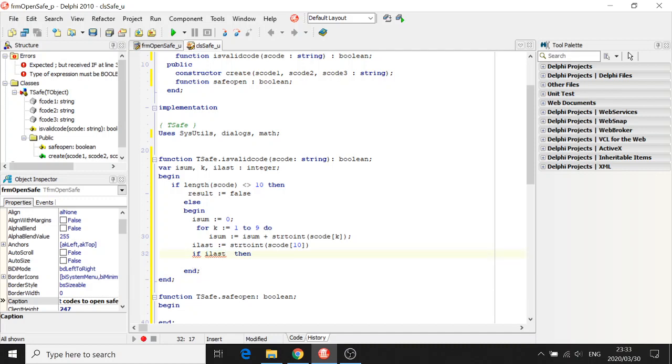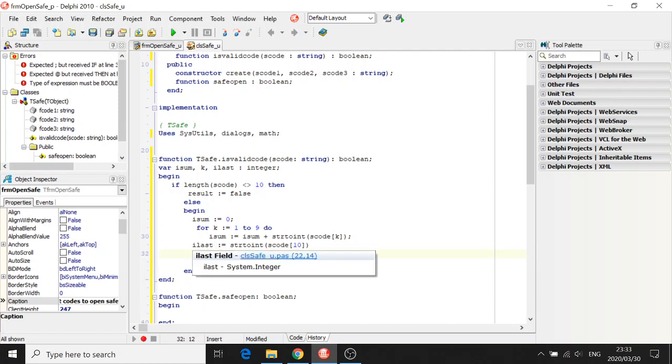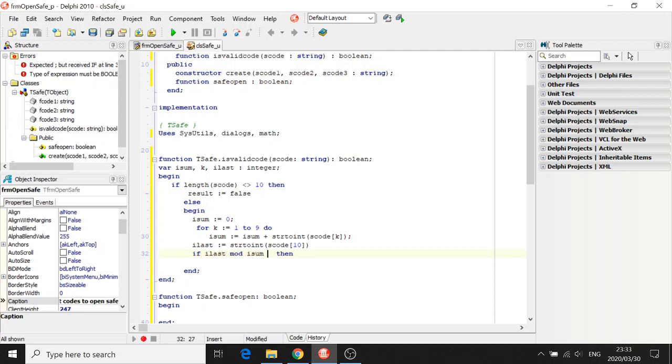Oh, I've got it wrong there. We have to find out if the last number is a factor of the sum. Yeah. So if our last mod our sum equals 0,